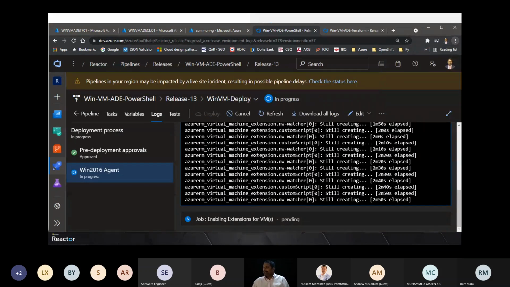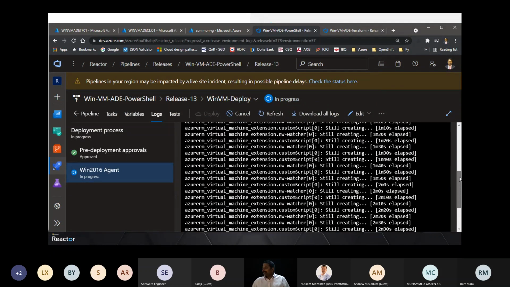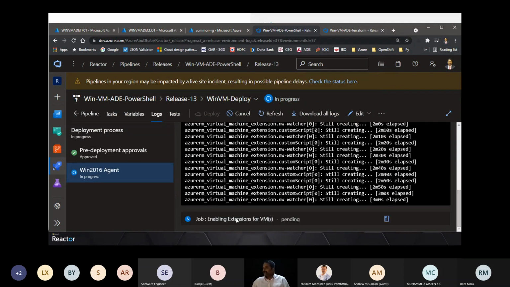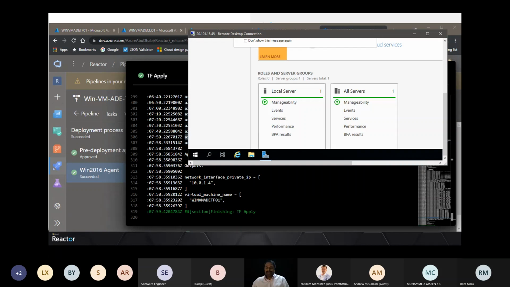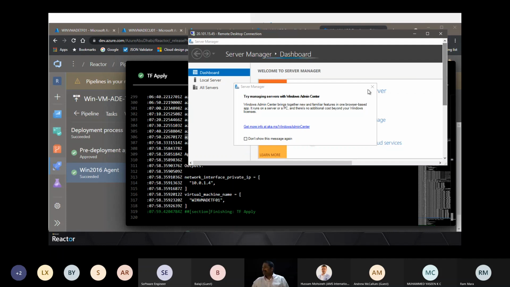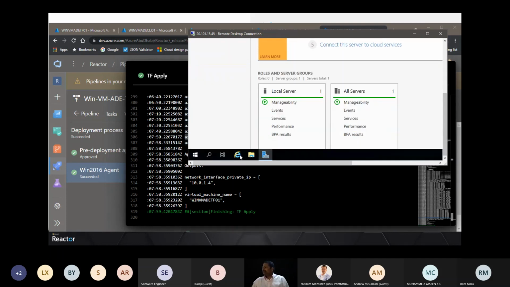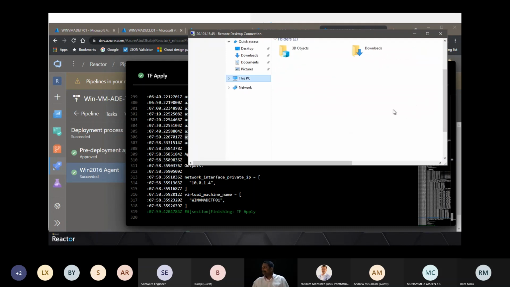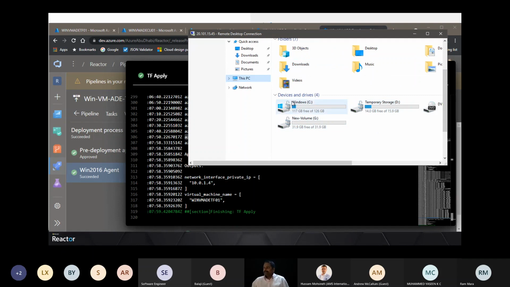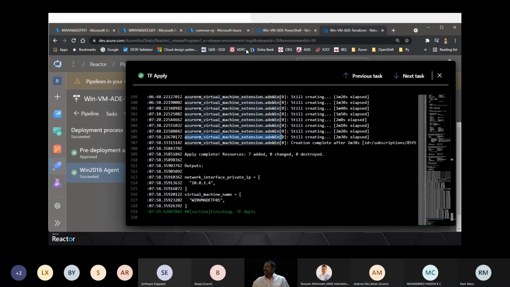So now another pipeline is running where Terraform is creating the virtual machine, and there is a PowerShell task which is pending. If you open the program in structure, you see here the BitLocker icon. So this particular VM we have done using Terraform. It is encrypted. Okay, that's great. Let's close this.